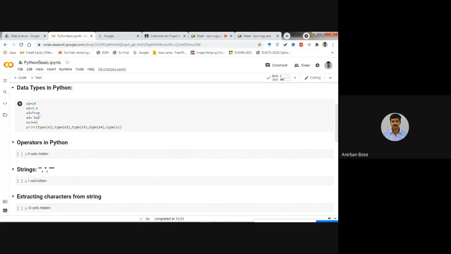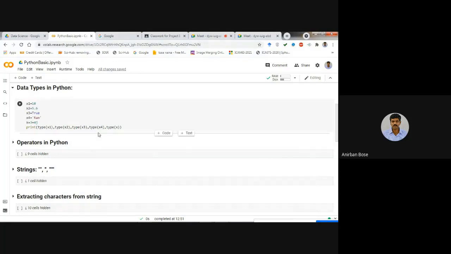So x3 is that. x4, here you can see it's a string data type, or it can be a complex data type like 3 plus 4j. Here this 4j means it is the imaginary part of this complex number. Okay, so j is basically root over -1. So these are basically the different kinds of data type we can assign into a variable. That is very, very simple, you can understand.